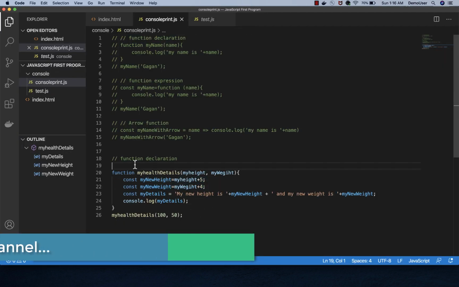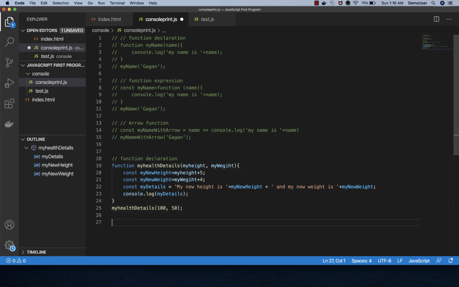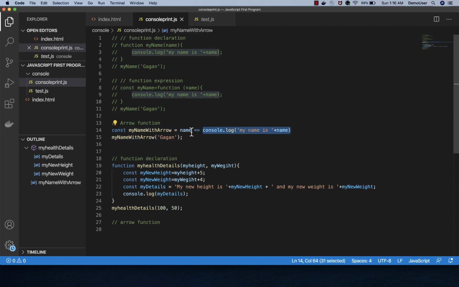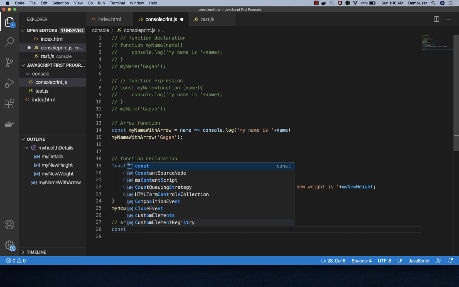Now let's say I want to write the same method in the format of arrow function. So I want to write arrow function for this. Now how to write this? Because if you see here in the previous example, we are only having one line of code that was being used and there was nothing here for parameters. Now with this thing, it becomes a bit difficult. So for this, it's again a bit different, but it's still easy.